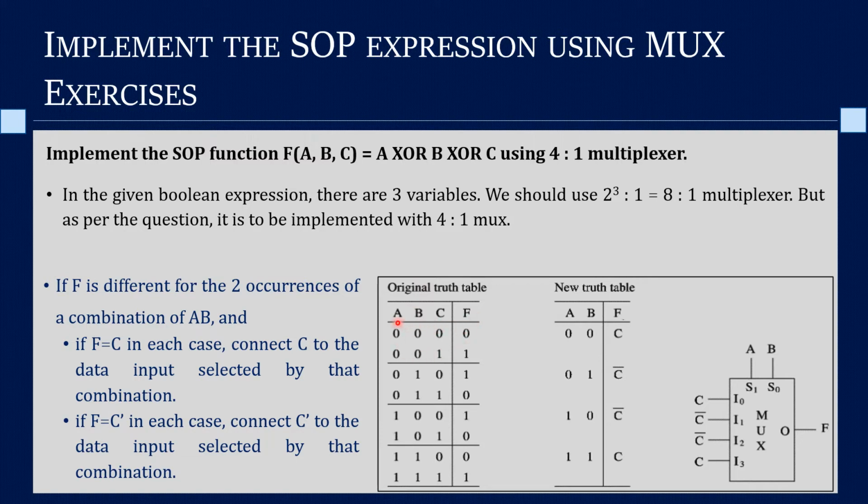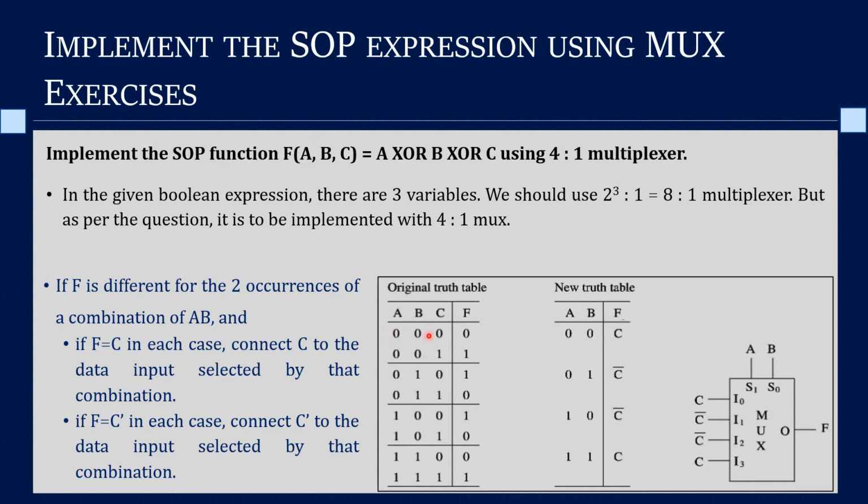Fine. Let us look into the first two variables. We can see that the first two variables are the same for the first two rows. Okay, two consecutive rows will have the same value for AB. It differs only in the C value. Okay, so C will be complemented. So in case in the first row C is equal to 0, then in the second row it will be 1. Fine. So we got two rows with the same AB values.